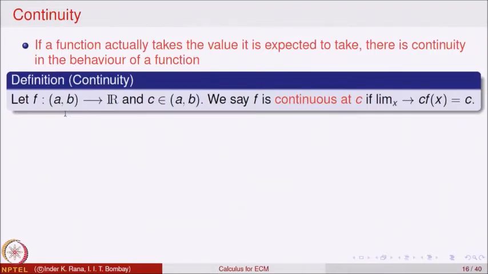Let f be a function from an interval a b to R, and c is a point in a b. So, for continuity the function should be defined at that point, and we say it is continuous at c if the limit as x goes to c of f of x is equal to f of c. So, there is again a typo here. Let me write this definition very clearly, because it is a definition. So, f is a function defined on an interval a b to R, c is a point in a b. We say f is continuous